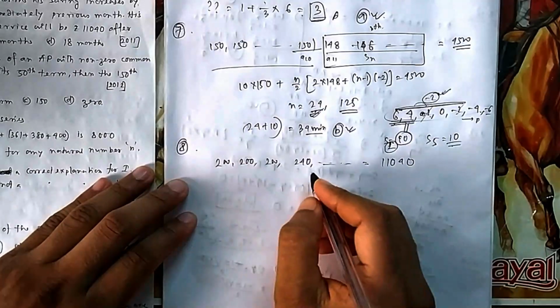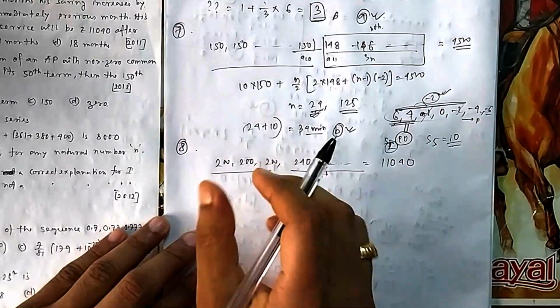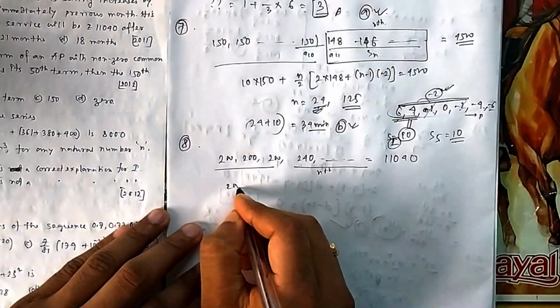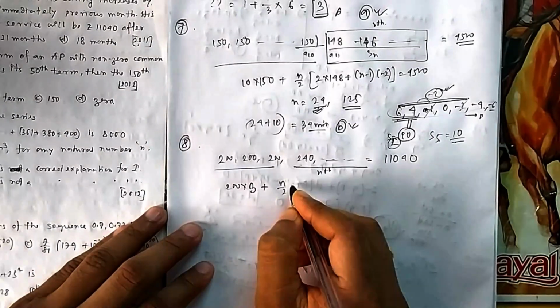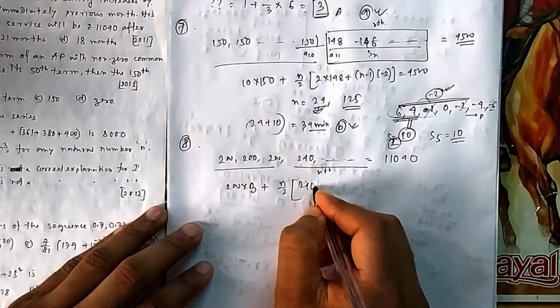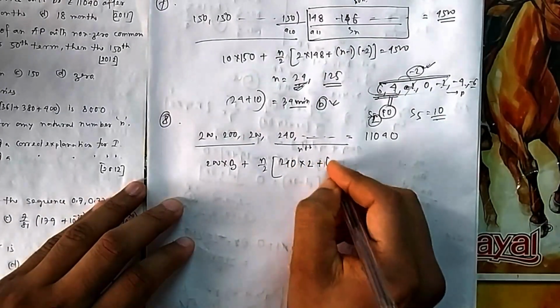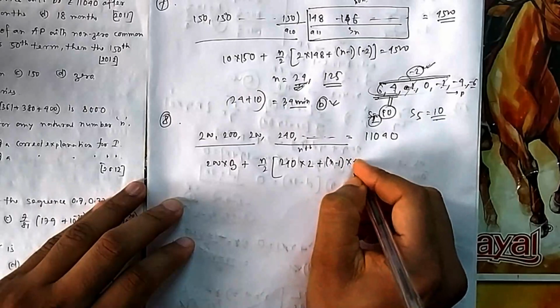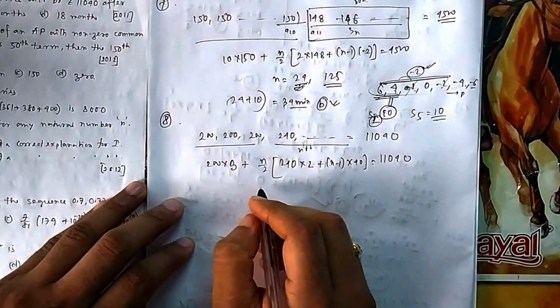So again, same type of this one. If I consider this as n, and there are first 3 terms, the answer will be n plus 3. So it will be 200 into 3, this much saving. Then you start an AP, that is n by 2 into 2a plus n minus 1 into d, where a is 240 and d is 40. So again you can solve it by changing this side. It will be again a quadratic.